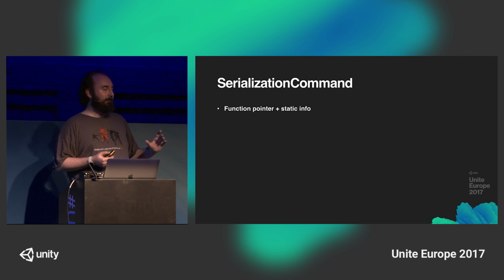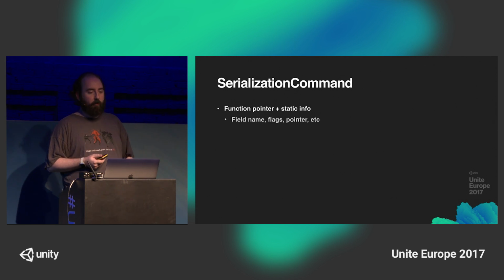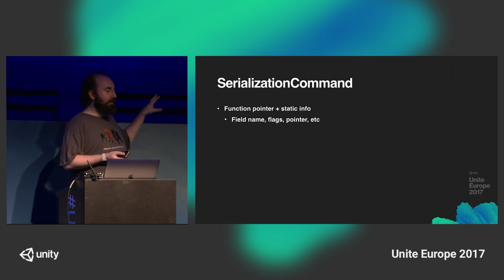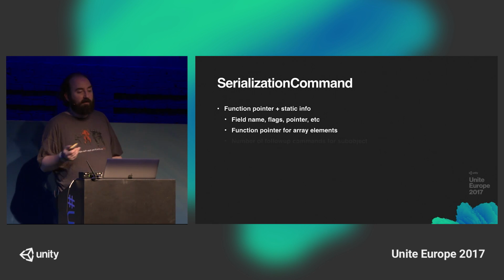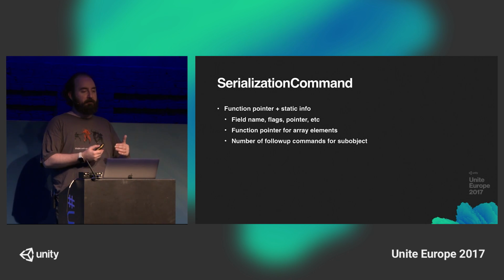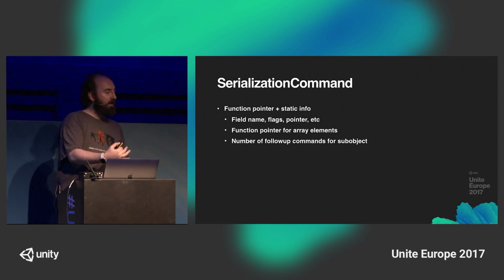Plus a little bit of static info, like the name of the field and the size of things and so on. So the field name and flags for it are pointed to the actual field structure in Mono's metadata. We've got a function pointer for how we'd serialize array elements as well. We've got the number of commands after this one that deal with substructures and stuff like that,